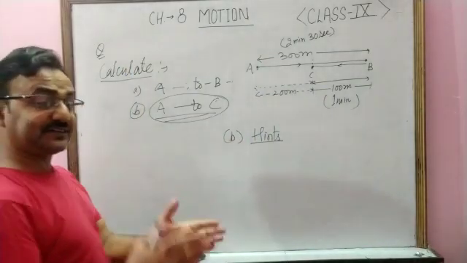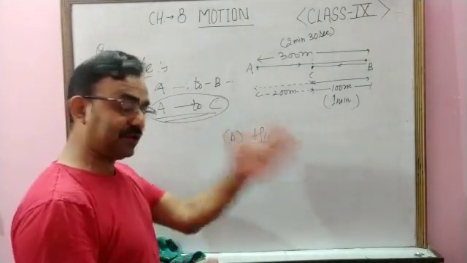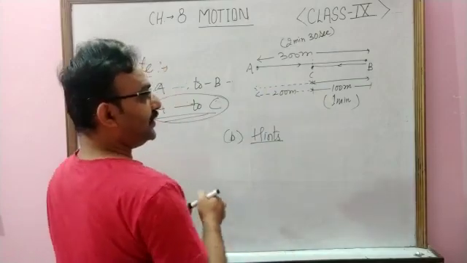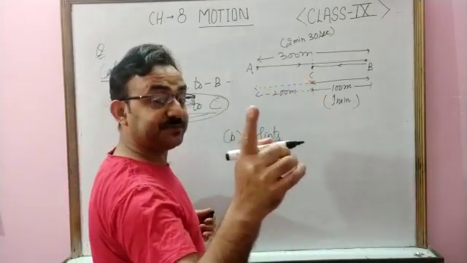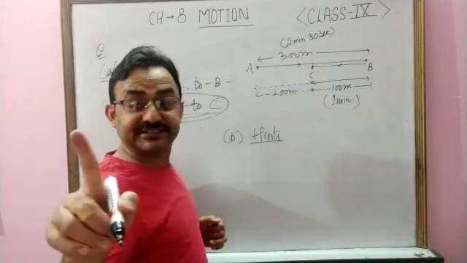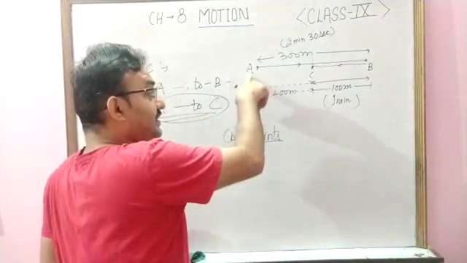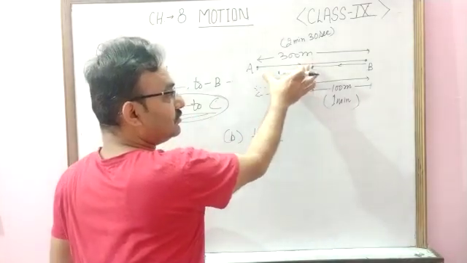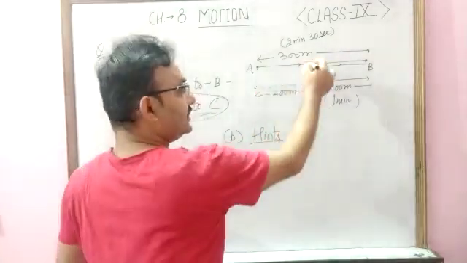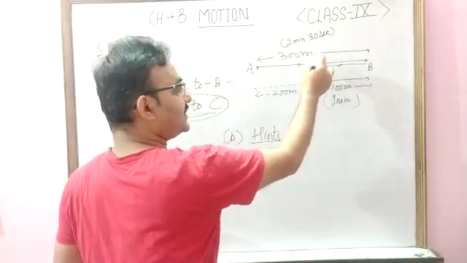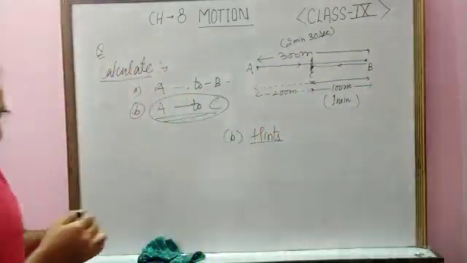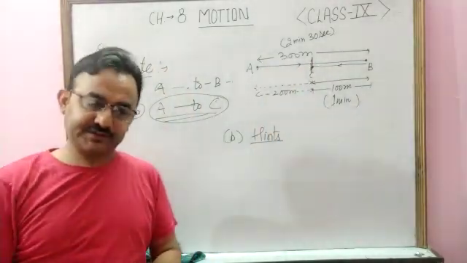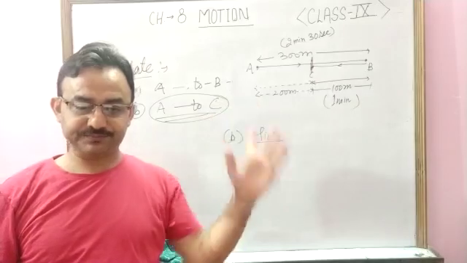But when you have to find the average velocity, at that time you need to find the displacement. Displacement is the shortest distance between the initial and final position. See here, the initial position is A and the final position is C. So the body is here now, and this distance is 200 meters. Clear? But the time will be the same. Okay.